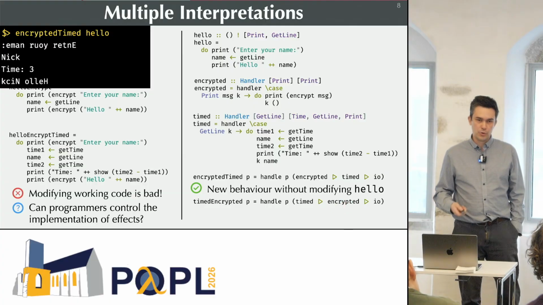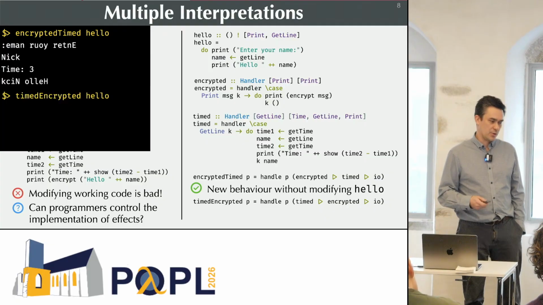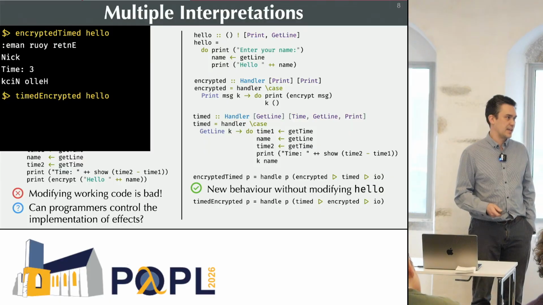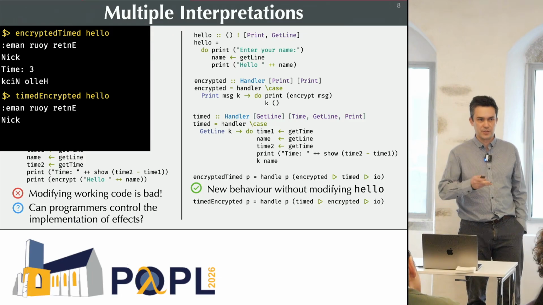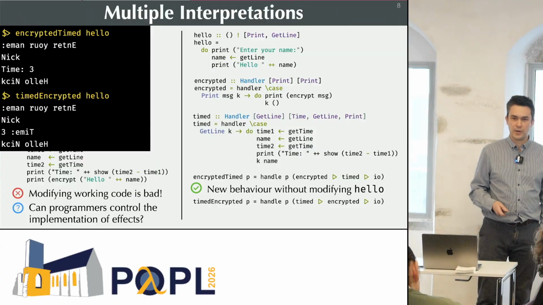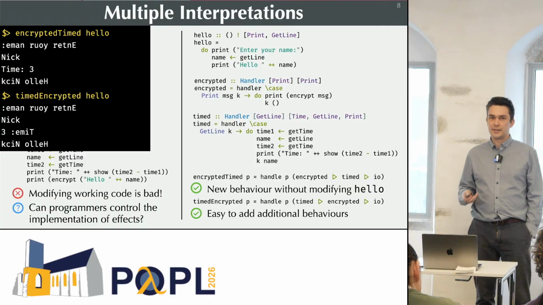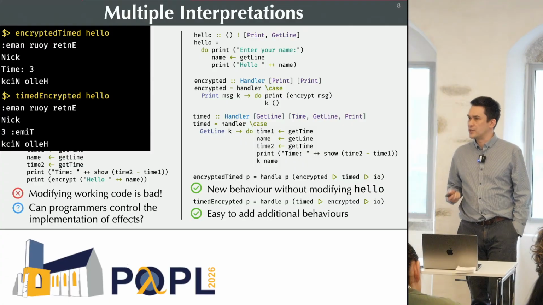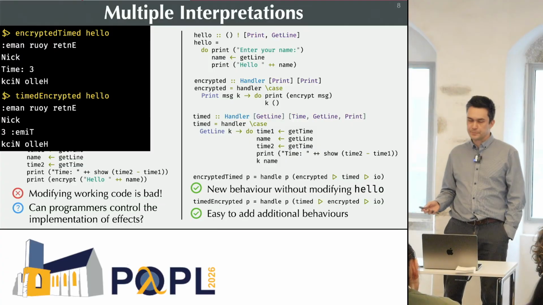And by changing the order of these handlers, what we're saying is we're going to get some timing information, and then that's going to output some strings, and all of that's going to be encrypted, along with everything else that's been printed too. So if we do the timed encrypted handler on the same hello program, then you get the encrypted prompts, you get the unencrypted get line because that's when you're typing things manually. And then, of course, the time has been encrypted now, as well as the final messages. So what's nice about this is that we've been able to easily add additional behaviors simply by changing the handlers that are dealing with things. So far, so good. This is the standard effects and handlers story.